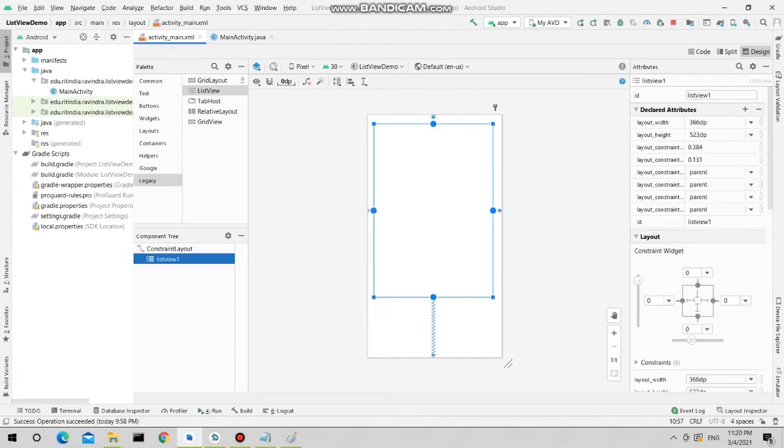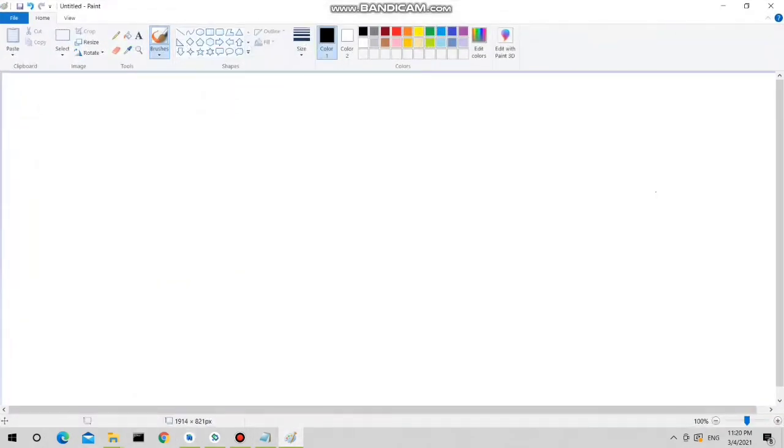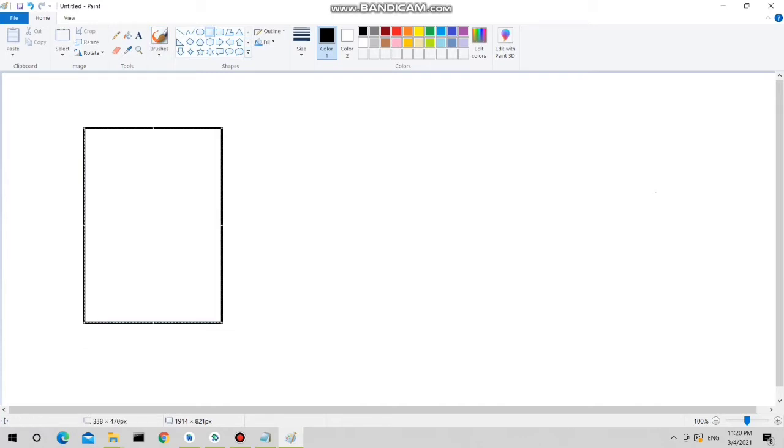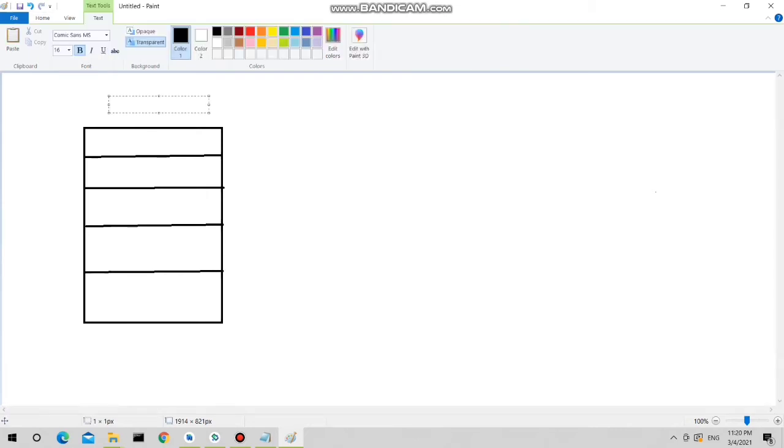Now see what we are going to do. This is your list view. Initially it doesn't have any items associated with it. To set the items, you must have some items with you.